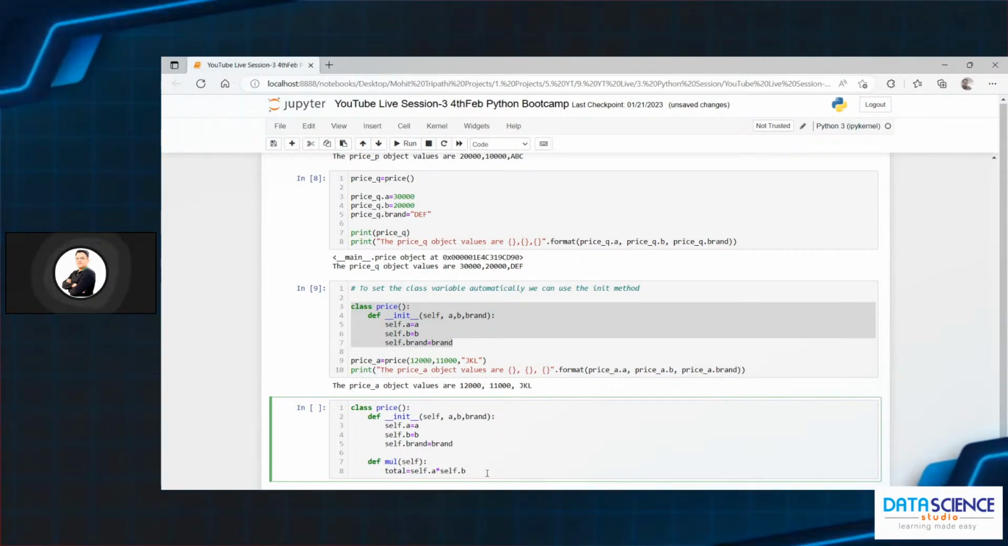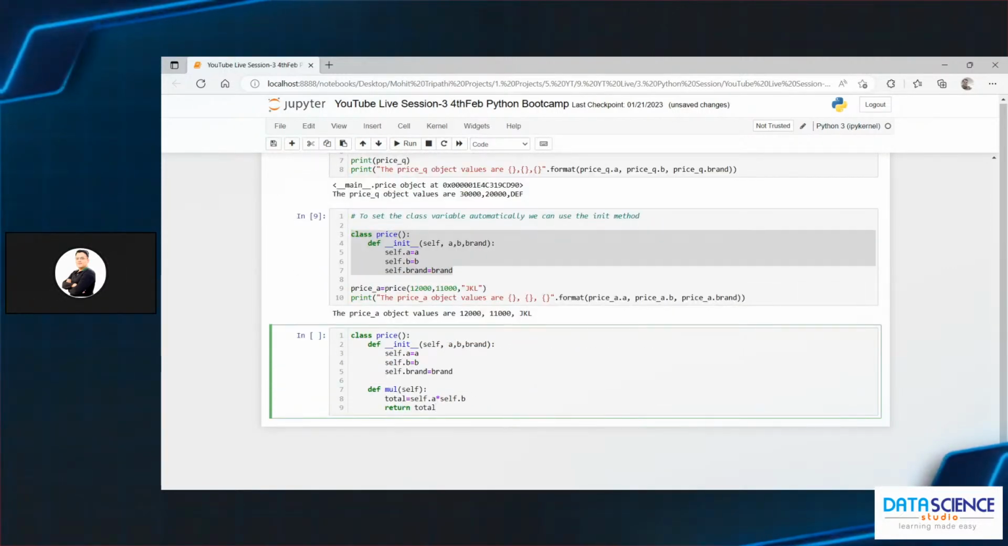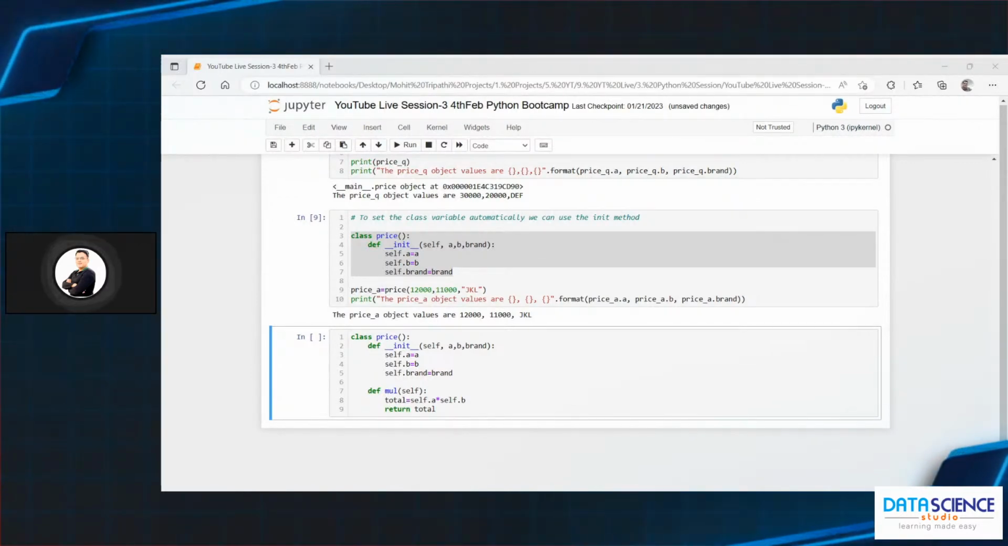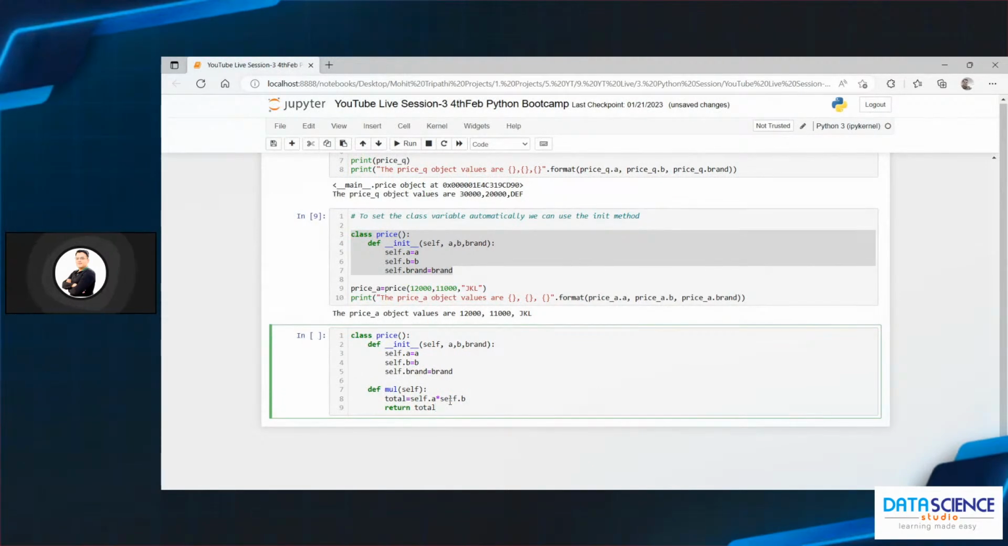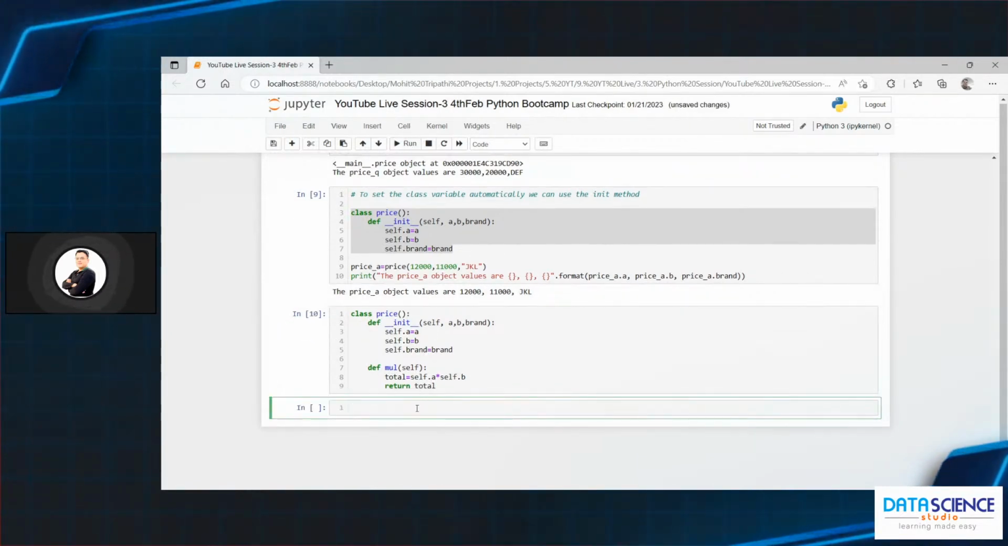And here I can return the value, return total. So like this, it is returning the total value. Now, if I run it, here your class is created. Now, if I create an object of this class,